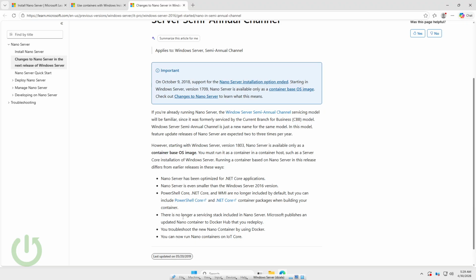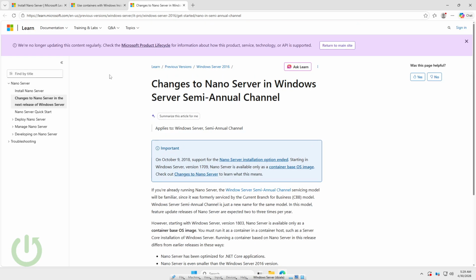There is no longer a servicing stack included in Nano Server. Microsoft publishes an updated Nano container to a Docker repository that you redeploy, and now you troubleshoot the new Nano container by using Docker, and you can now run Nano container on Server Core. So this is what it means that it changed to Nano Server in